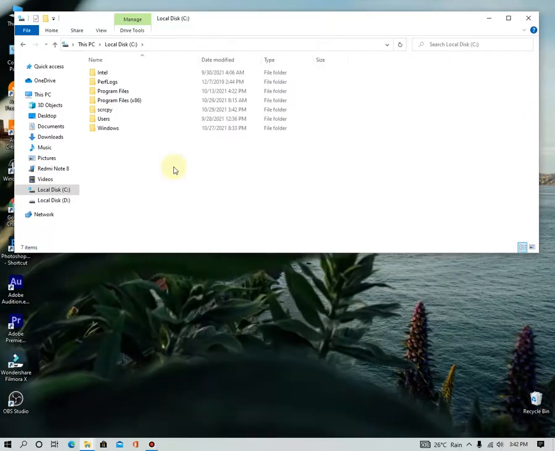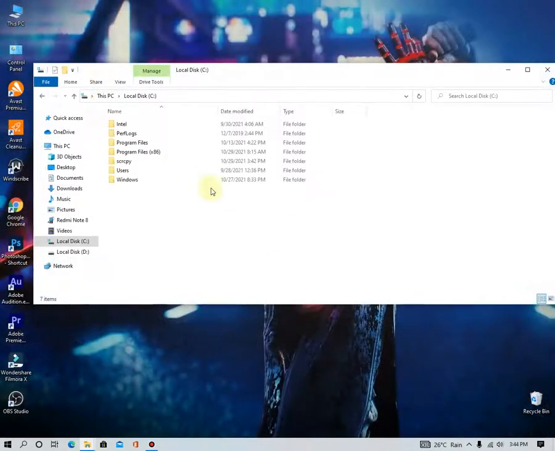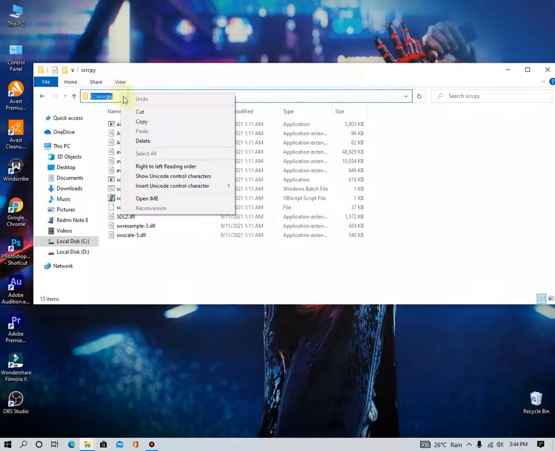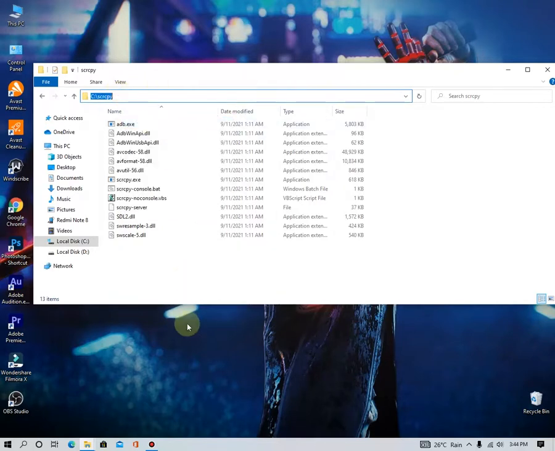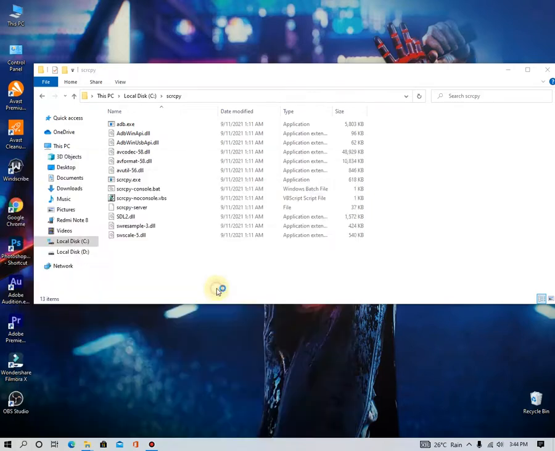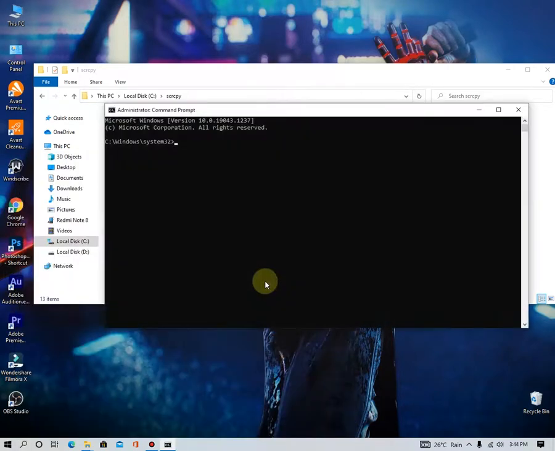Now you want to connect both devices through a data cable, plug it into the computer and the smartphone. Then you can run Screen Copy. Follow my steps. Just open the screen copy folder and copy the address link, then search for CMD and run it as administrator. Yes.